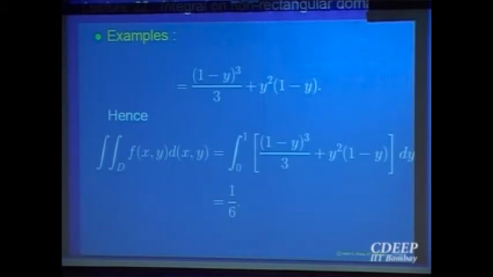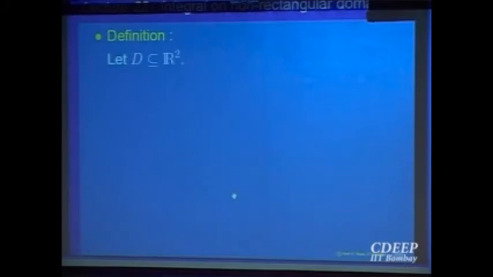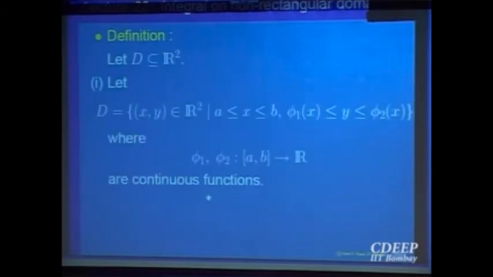Is that clear to everybody what we are doing? Only outside we are putting it equal to 0, outside the domain, and computing it. Okay, let us try to have some more techniques of computing the double integral. There is another type of domains over which, if the functions are defined, it is easy to compute the integrals. So that is a slight extension of this Fubini's theorem.